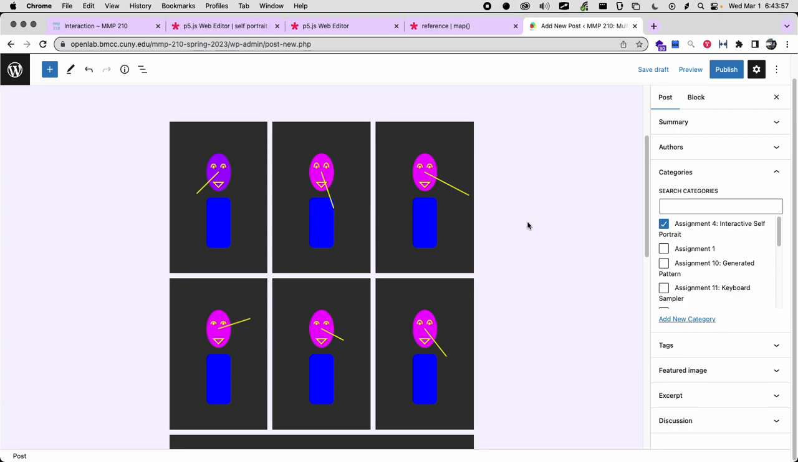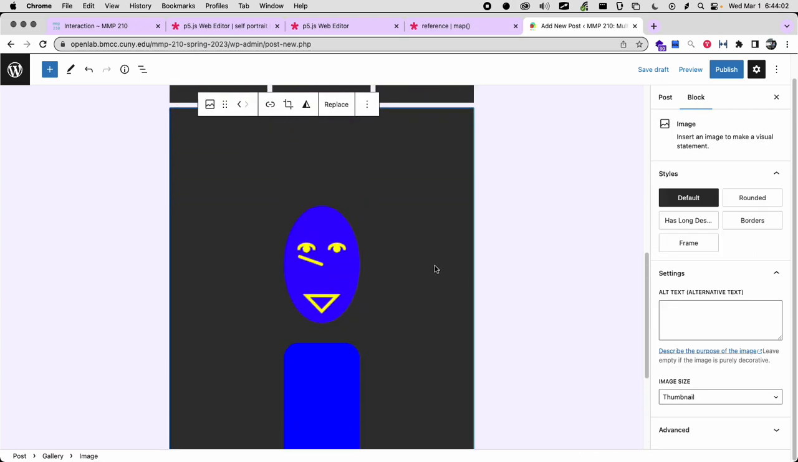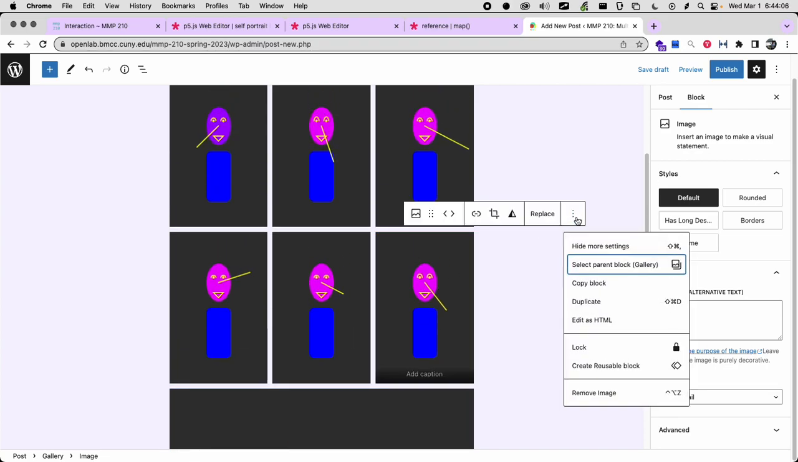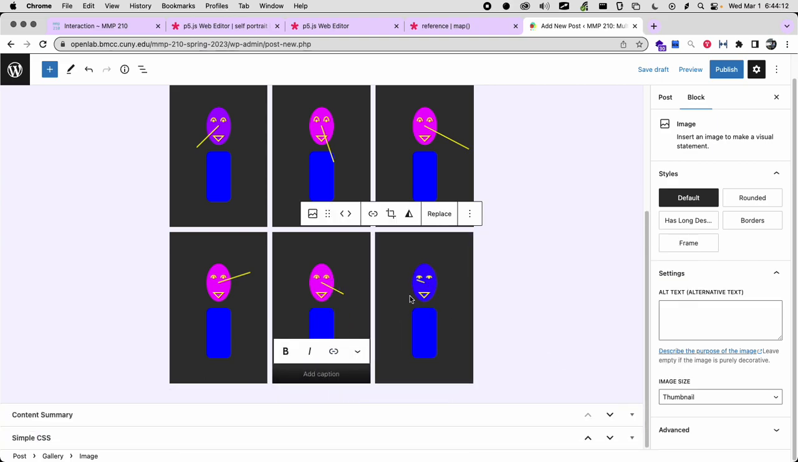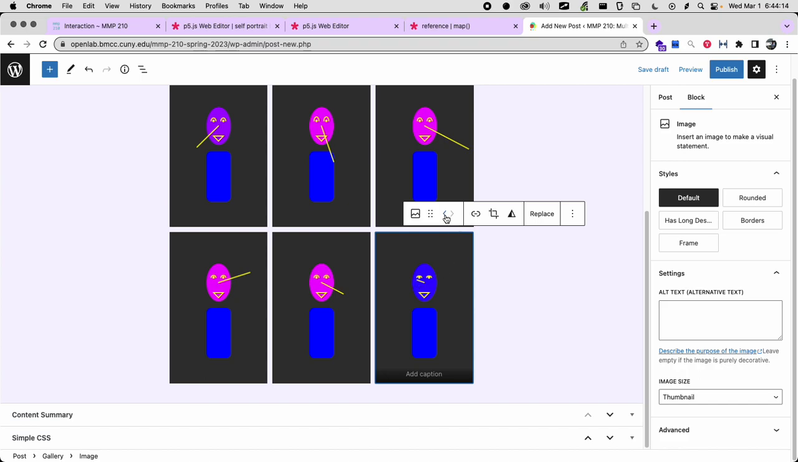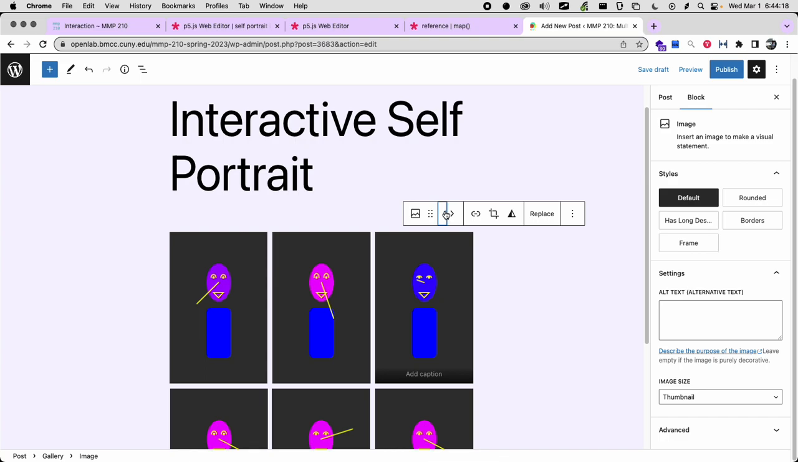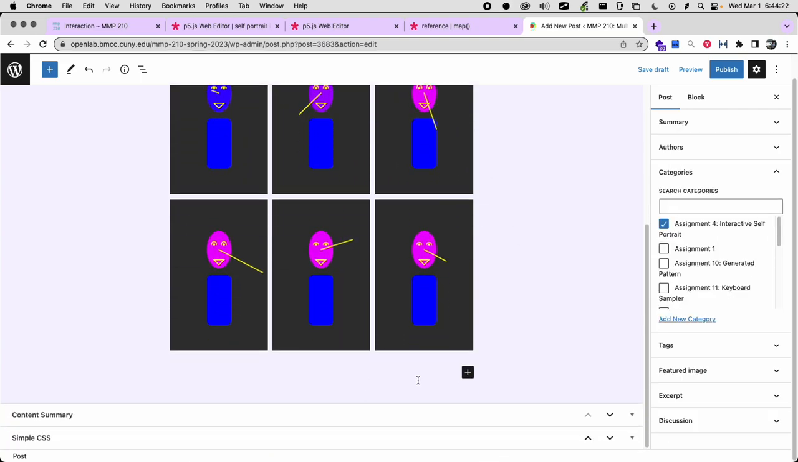So here's my gallery. It looks pretty good. I want this one to be at the top. So I'm going to get rid of this last one. I'll click on the menu and go to remove. Then I'll click on this button to swap this one all the way up here. Okay, so then I'll just write a little